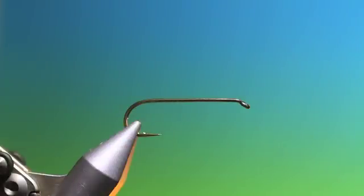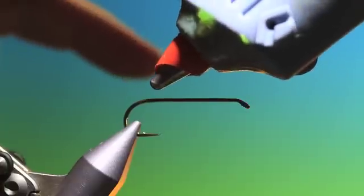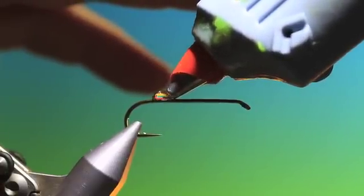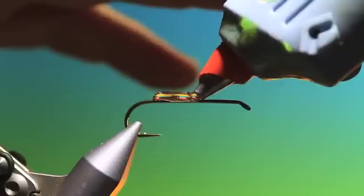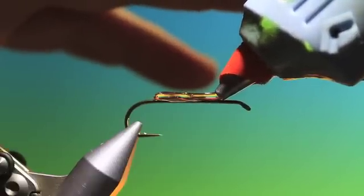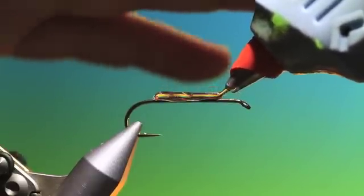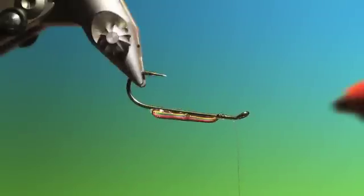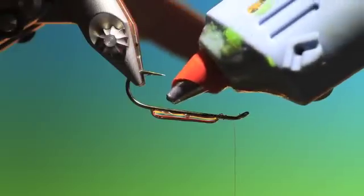Mustard R73 streamer hook, size 6. So this is a saltwater pattern that has been absolutely brilliant for me. So firstly, we take a hot melt glue gun and we put a little thin strip of glue on top of the hook shank. Don't worry about these strands, we turn it upside down